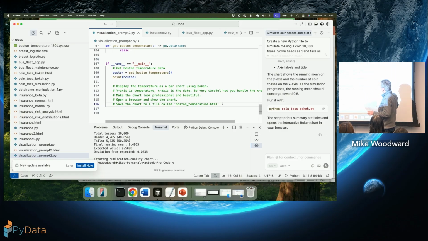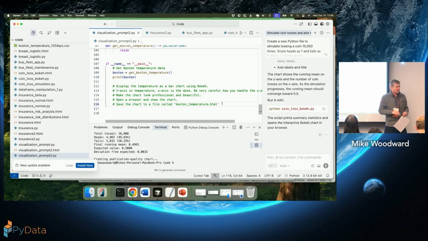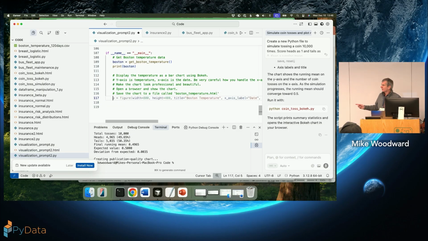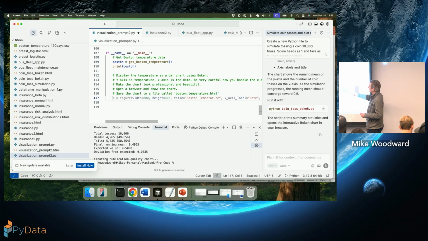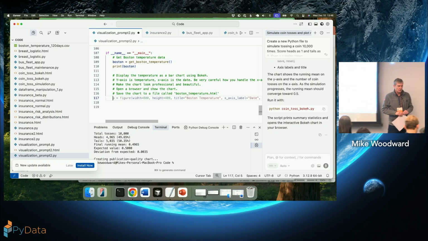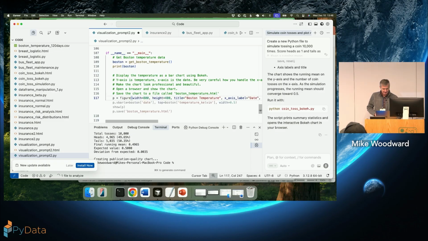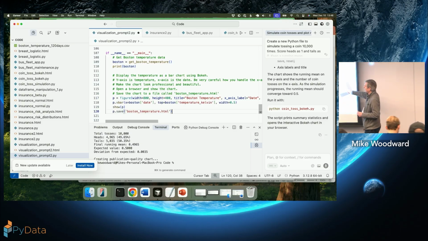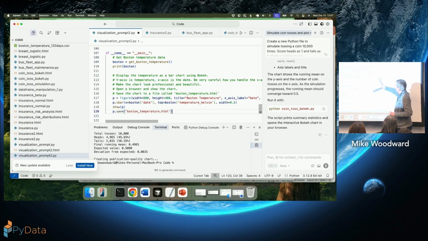You can see what the comment is. It's basically a set of instructions, and if I hit return, okay, look what happened, right? It's just popped up. That's its suggestion for what it thinks I want. So I'll accept that by pressing the tab button. It's given me another suggestion, and I know VBAR is basically Bokeh's bar chart thing, and it prompted me. All of this code, it just figured out what it was going to do, and there it goes.